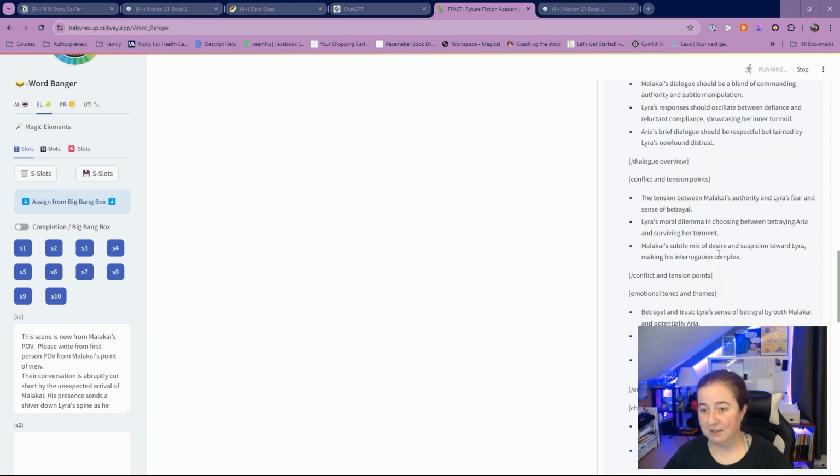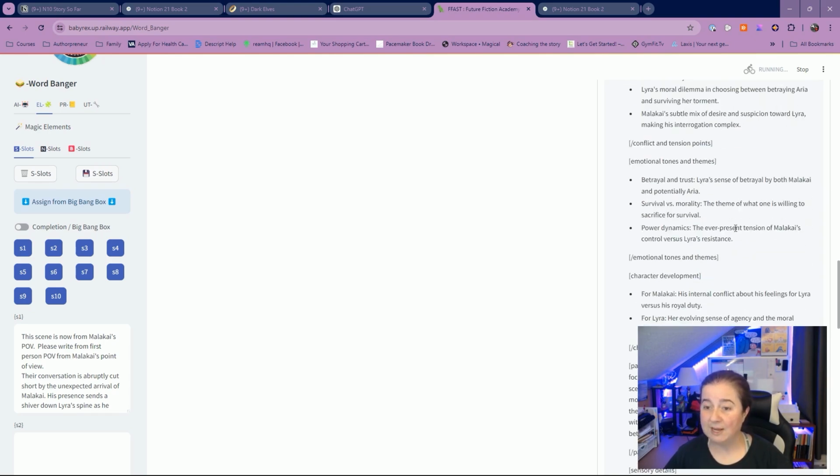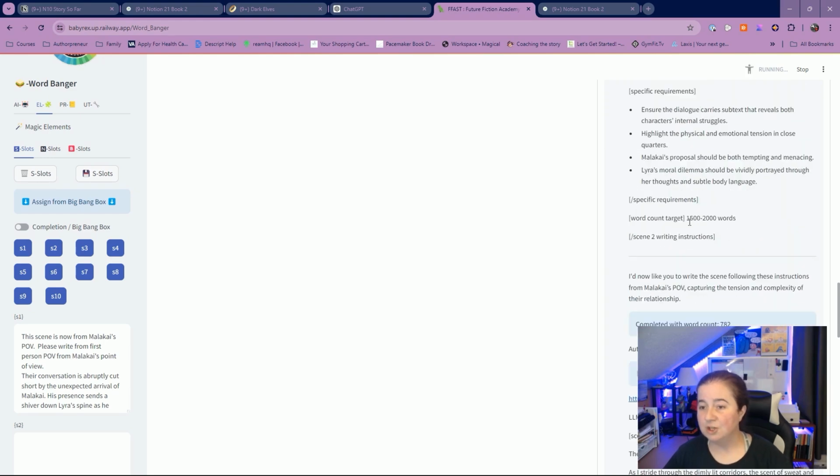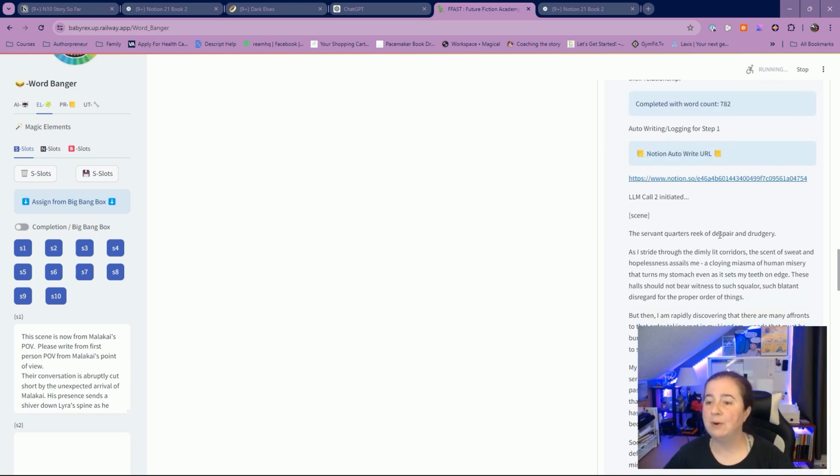Writing style, dialogue, conflict, tension point. I judge this will be a little bit shorter of a chapter. We'll see if Claude Sonnet actually writes it a little bit shorter. And if so, I can always go back with some editing prompt of my own and enrich some of the details or action or conflict if it's a little shorter than I want.